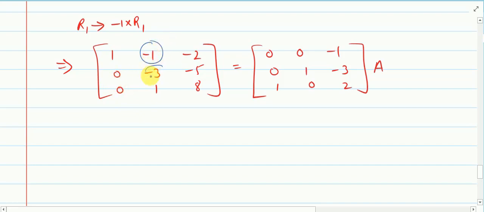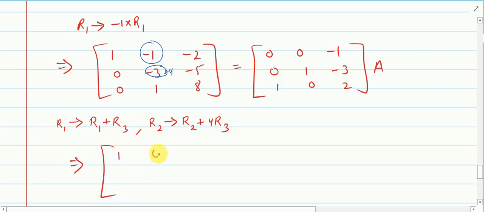And here I want 1. So if I add 4 over here, then I can make it 1. So in order to add 4, I should multiply this third row by 4 first, then add to the second. Okay. So we have to operate like this. Row 1 will become R1 plus R3, and the second row will become R2 plus 4 times R3.